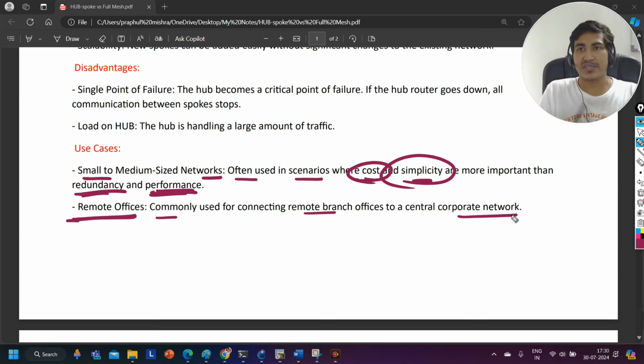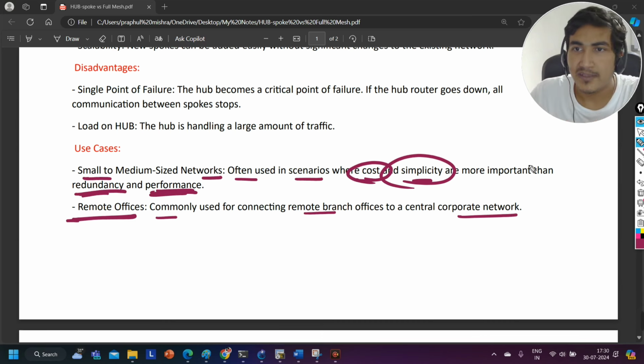That topology will be considered a hub and spoke topology, right? So for small organizations, for small businesses, hub and spoke is good. For all the organizations where simplicity and cost is more important than performance and redundancy, then